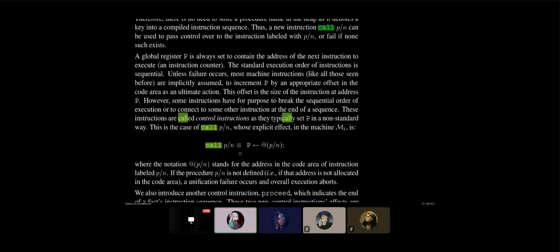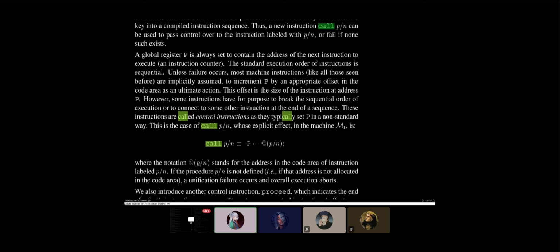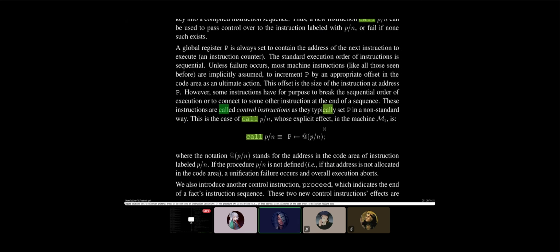No. Here it's saying, okay, this is the address of some predicate P of RTN. We're taking the address of that, right? And we're just putting it in the P register. That's all it's doing. Yeah, but I think we had this conversation before, man.